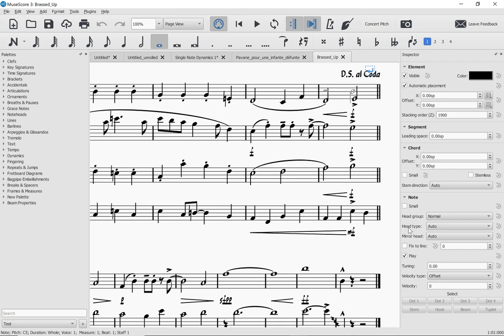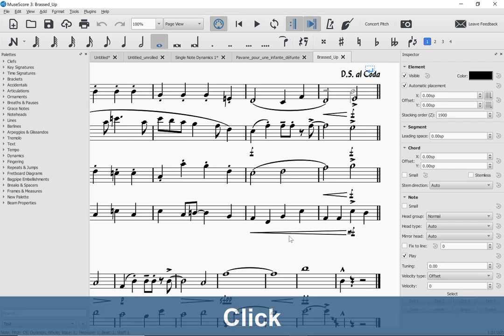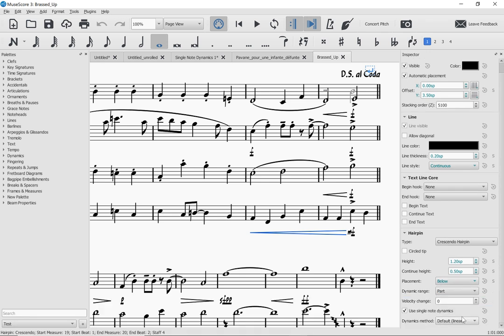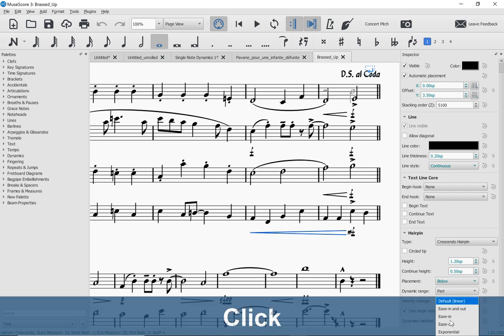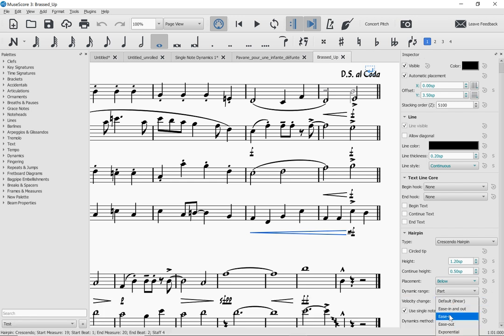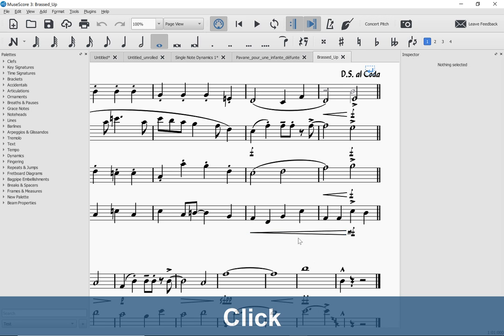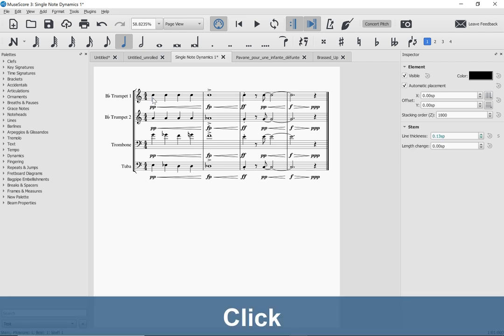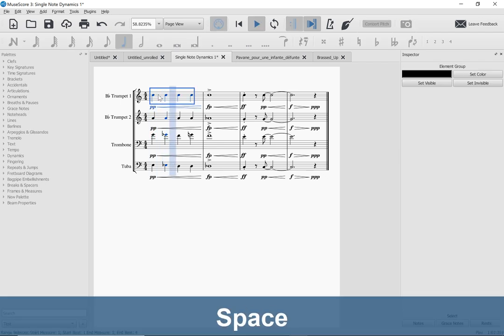There we go. All right, so the thing that I was showing here is when you select a hairpin and then you scroll down to the bottom of the inspector, there's this control here for dynamics method that allows you to pick different ways of how it's going to interpret that crescendo. So there are things to learn about how that works. But anyhow, that's the basic feature. And again, it just sort of works out of the box. You enter your notes and you get